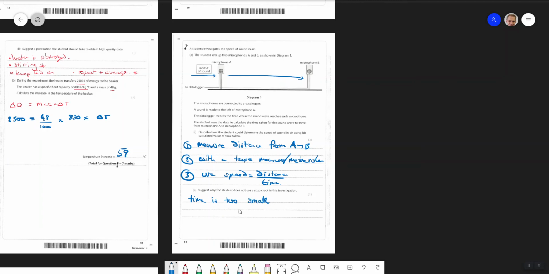Okay, so this is beyond the human ability to say start and stop. Just for reference, the speed of sound is about 330-odd meters per second. So if you had these two microphones 330 meters apart, there would still only be a second between this measurement and this measurement. So anything that's in a lab, it's absolutely impossible to do. You wouldn't be able to detect the